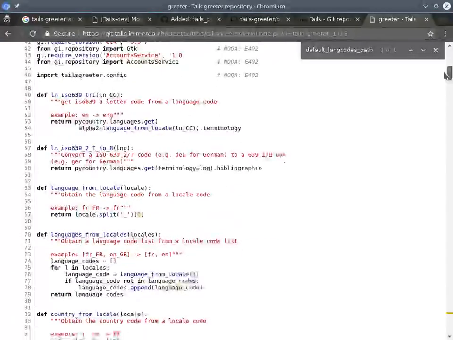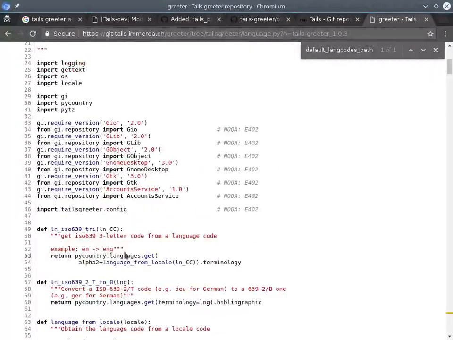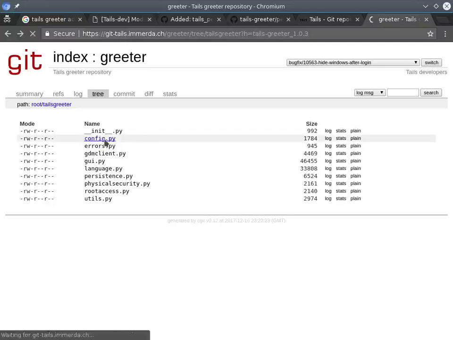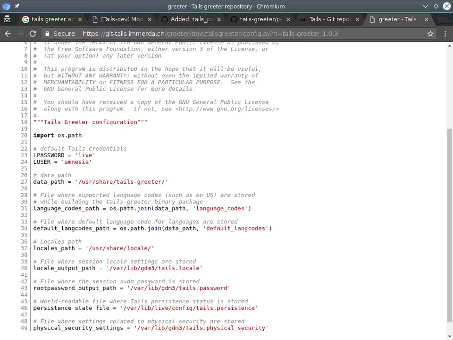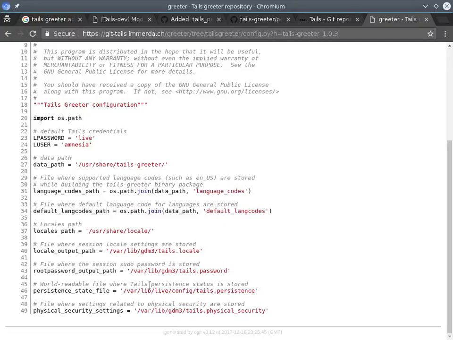greeter.config. So tails greeter.config is, it should be this one. So here there is tails.locale. So the files are, or user HL. Okay, so the paths are there, and this is the path user HL tails greeter language code, default language lang